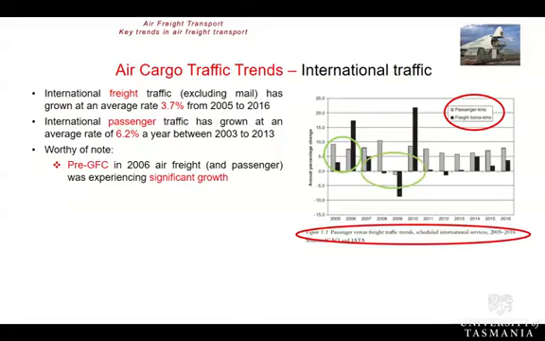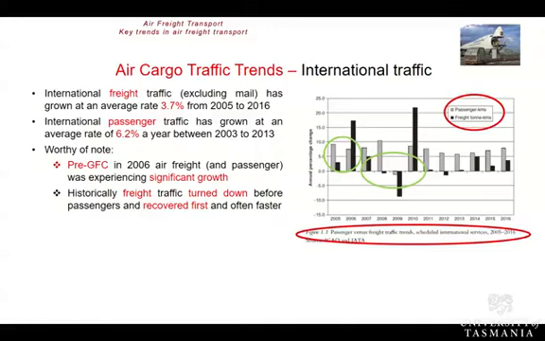Where the big change came as we led into the global financial crisis, which at its height was in 2009, air cargo was already sliding in 2007. In 2008 it had gone into a negative, and in 2009 it was almost 10% in negative growth. When you compare that to passengers, you can see that the passenger numbers is a lot more resilient. It was able to hold on to a significant amount of growth over that time.